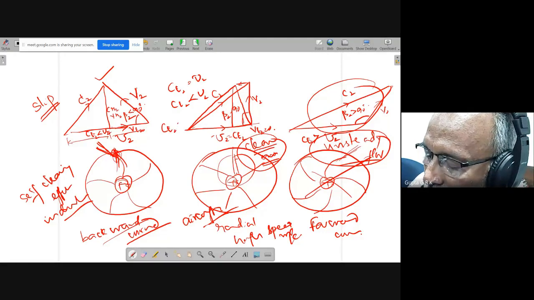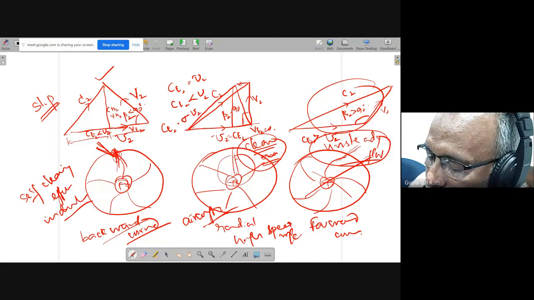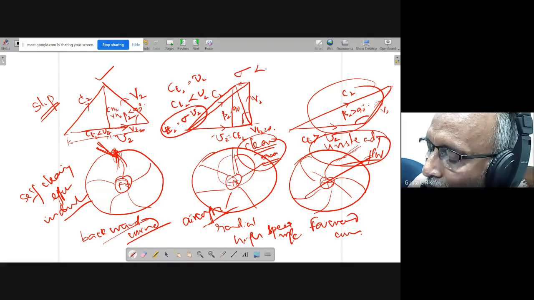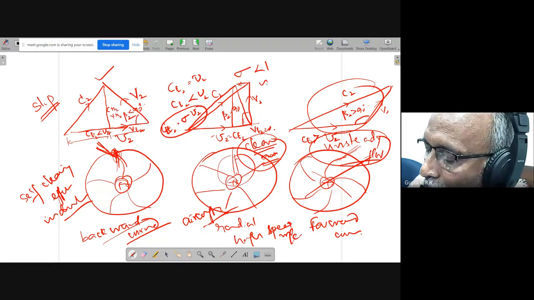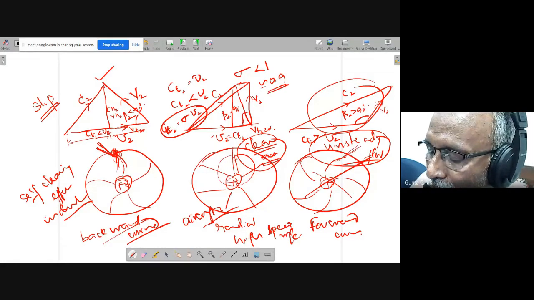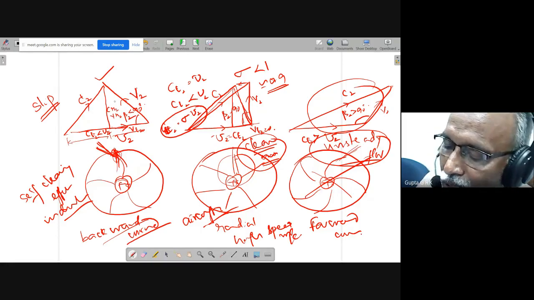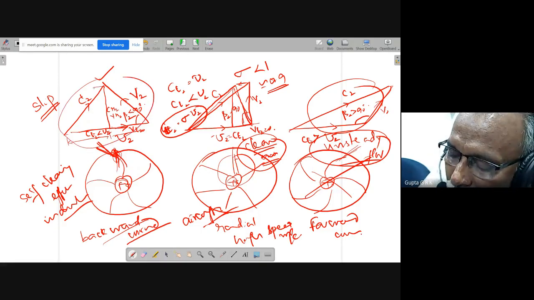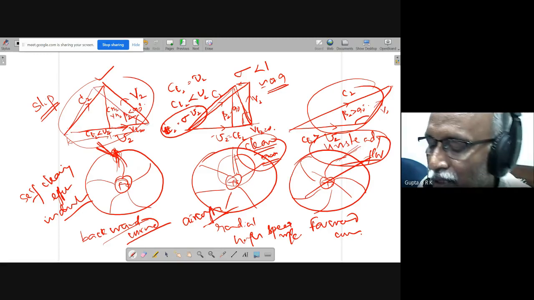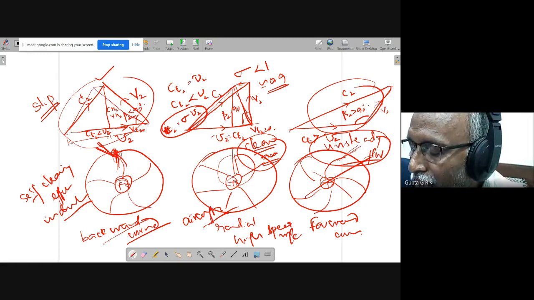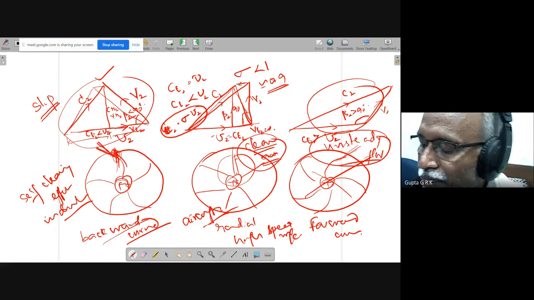So CT2 is equal to sigma U2. Slip factor is less than 1, usually approximately 0.9. So the tangential component gets reduced because of slip. Because of that, this also becomes a skew triangle like this, not a right-angle triangle. So it gets modified in this way because of the slip. Okay, this is the way we get the exit triangle.